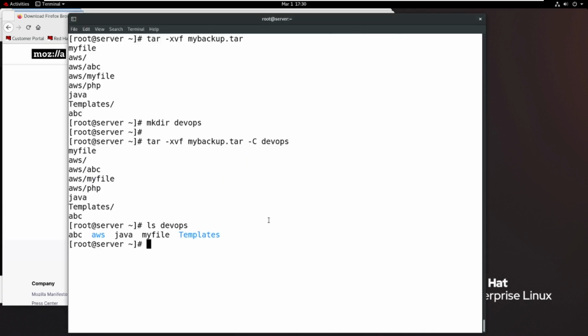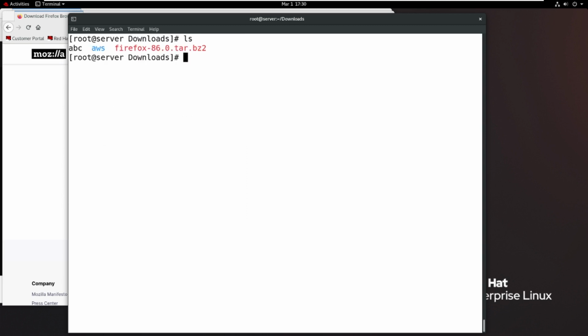Now after downloading the software, go to downloads. If you type ls, now Firefox tar.gz is there. Then what to do? After downloads, first tar space, you extract that extension. So now Firefox.bz2, then enter.